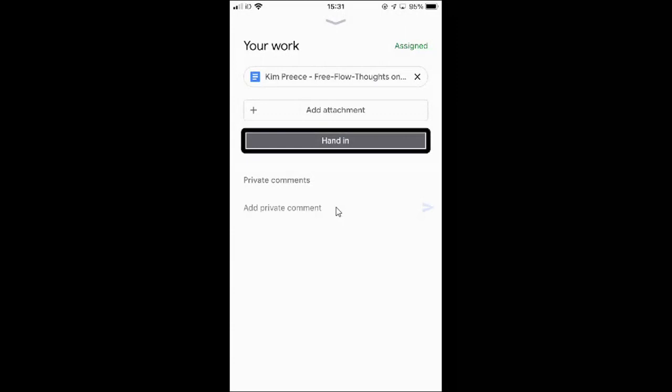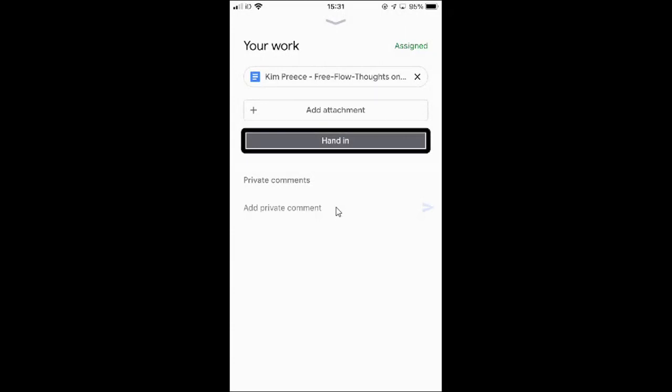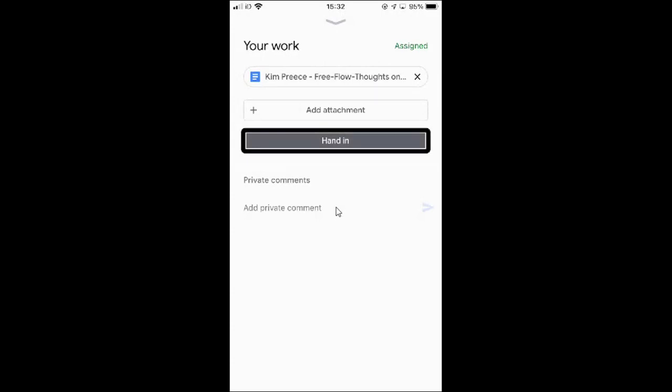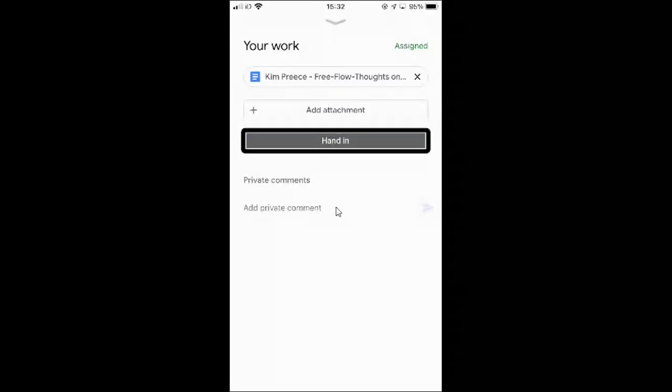But the phone app is quite nice. It's quite simple. It's very logical. There is a lot of going back. So from this screen, from the Your Work section of the English assignment, we've got to go back to the English assignment, then back to the list of assignments, and so on and so on. So there's a lot of inning and outing on the phone app. But it's quite nice and quite straightforward to use. And I hope this has been a helpful way of you seeing a little bit about how